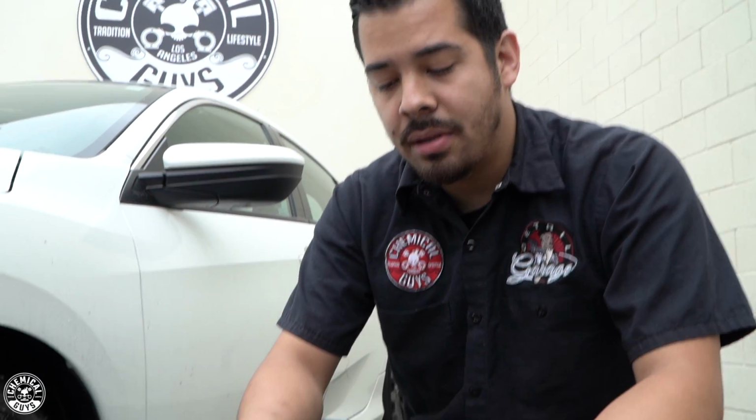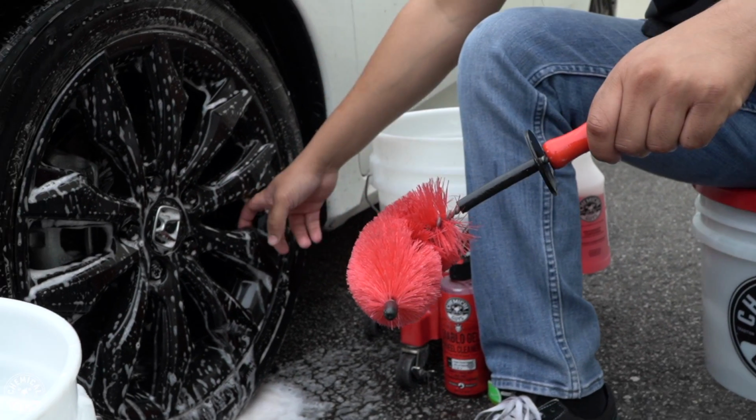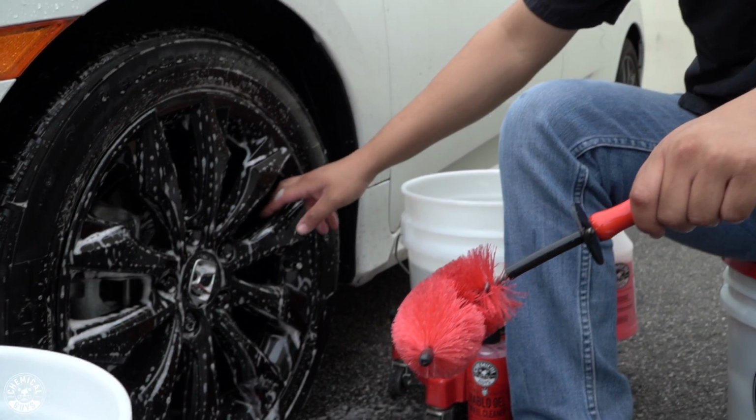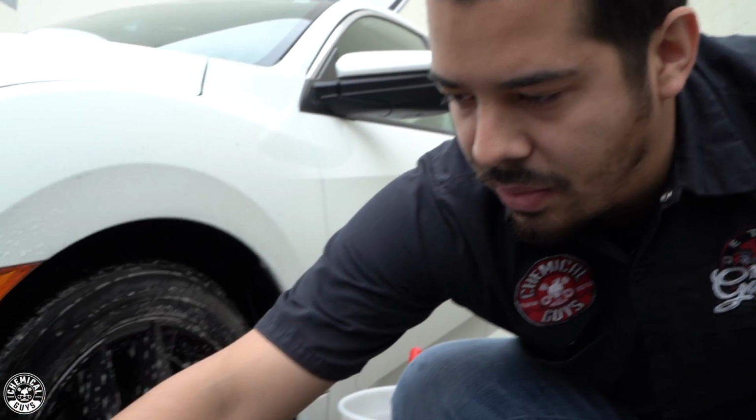All right guys, so there you have it. I don't know if you guys saw, but I did curve the brush towards the end of the video so that you guys can see how I got behind the spokes as well, just to make sure that we get that full deep clean. So now that I'm done with this brush, I'm gonna set it to the side. And I'm gonna proceed with the next brush, which is going to be my flag